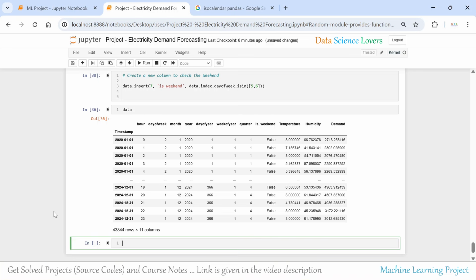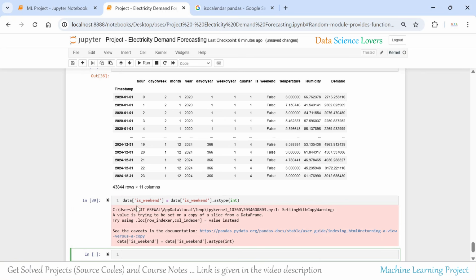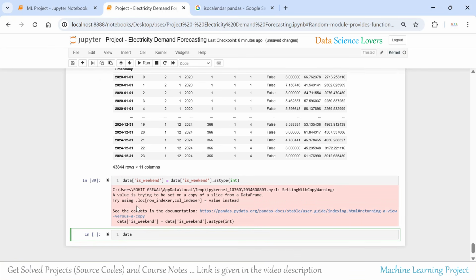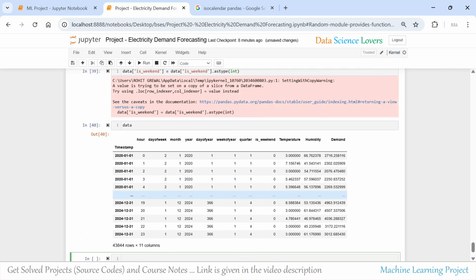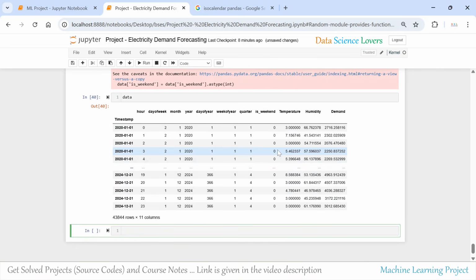So now we have to change this data type in our another line of code by considering this column is weekend and dot astype int. The command has been executed. When we have a look at our data frame now, the values are in the form of 0 and 1. 0 means there is no weekend, and when 1 is present means it is a weekend. We can check this also